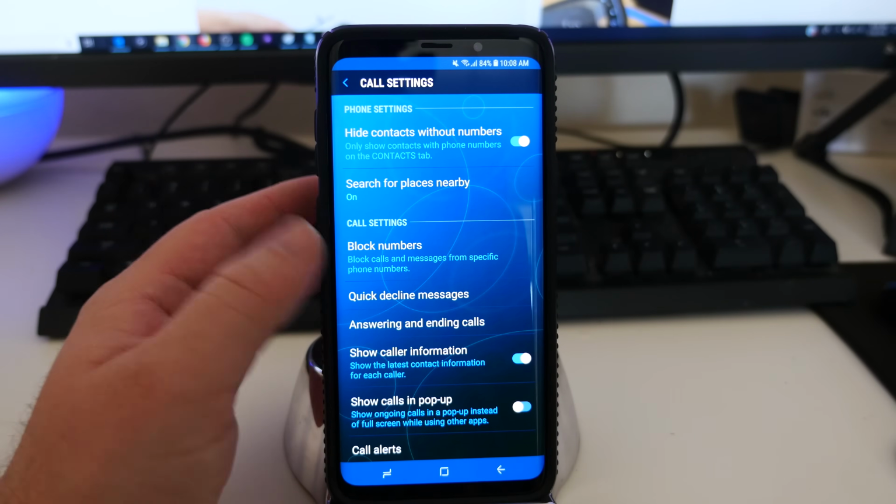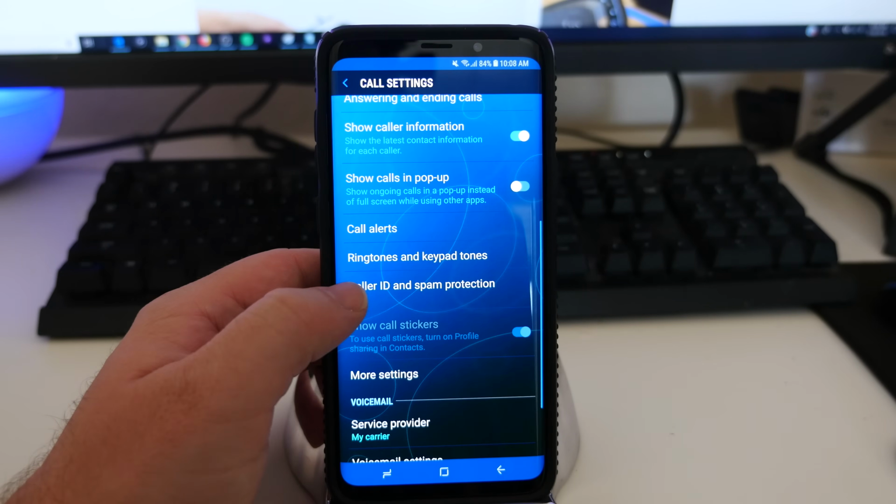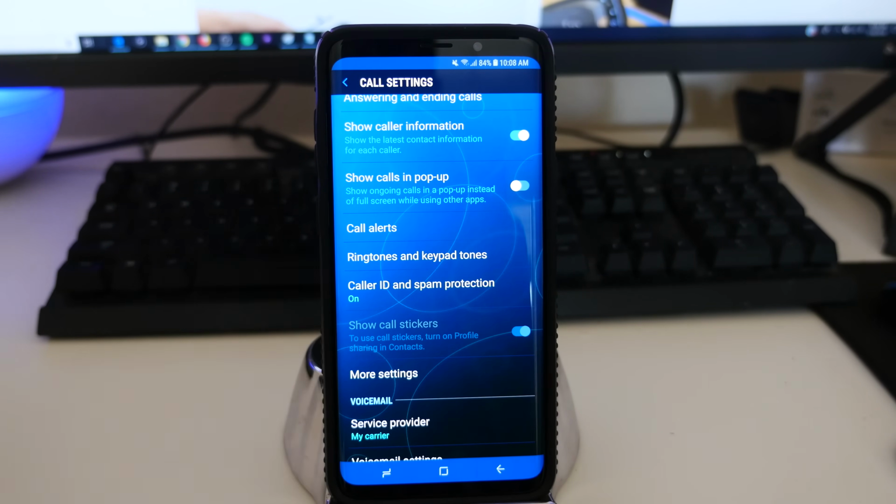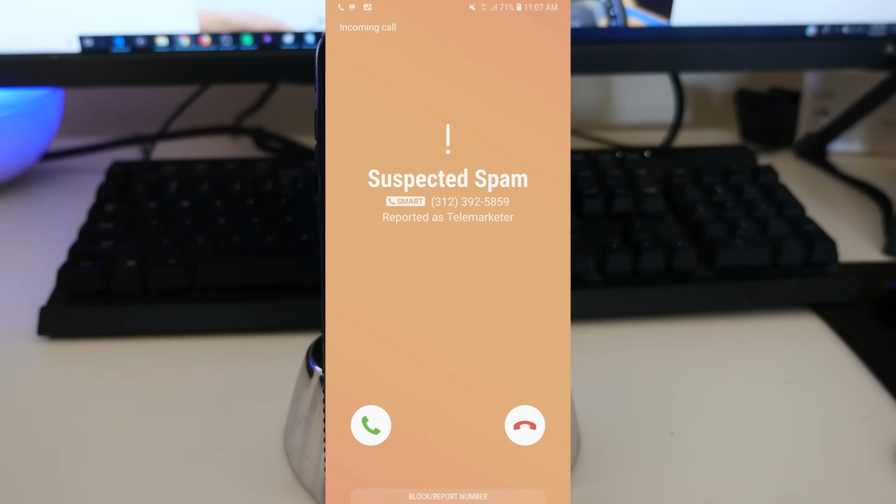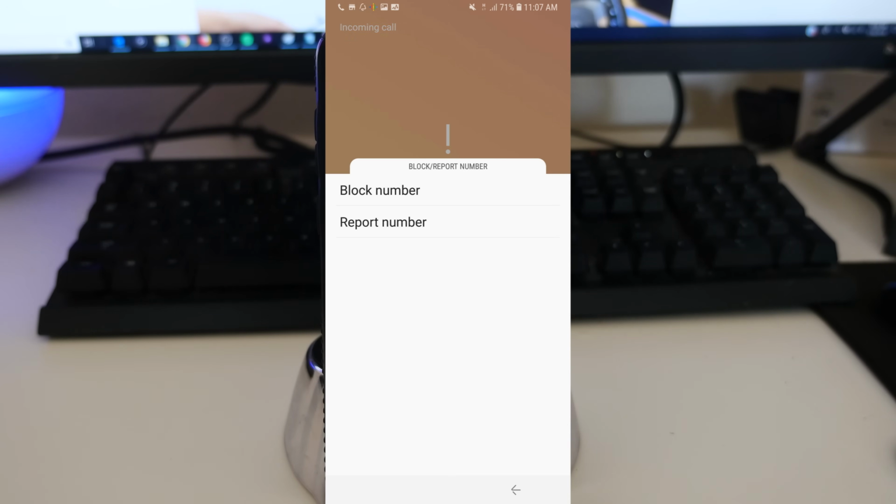And then the last thing I wanted to show you is, and I always have this turned on, caller ID and spam protection. Turn that on. That's a really great thing when you get calls from numbers that you just don't know, they're not in your phone book. It'll actually tell you if it's a spam or it's suspicious, or it'll even tell you who it is. So if it has a person's name attached to it or a company's name attached to it,